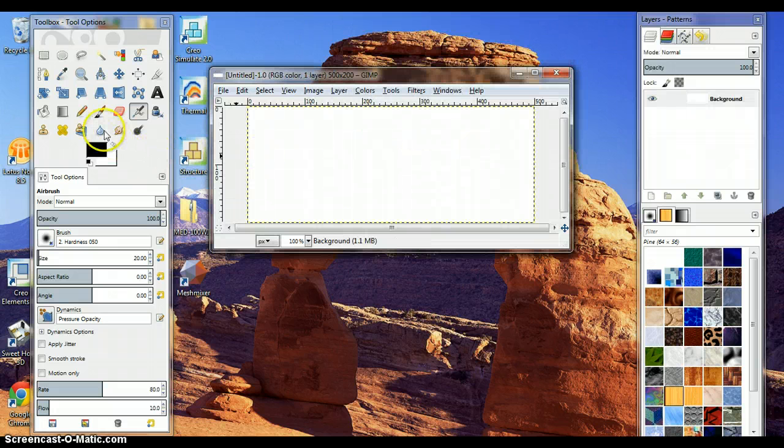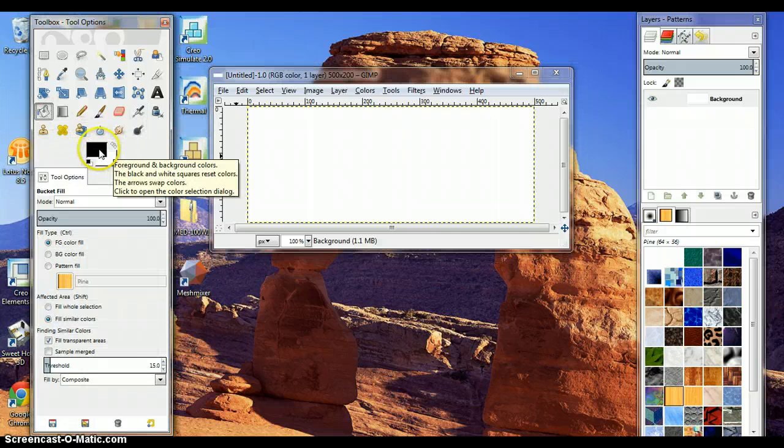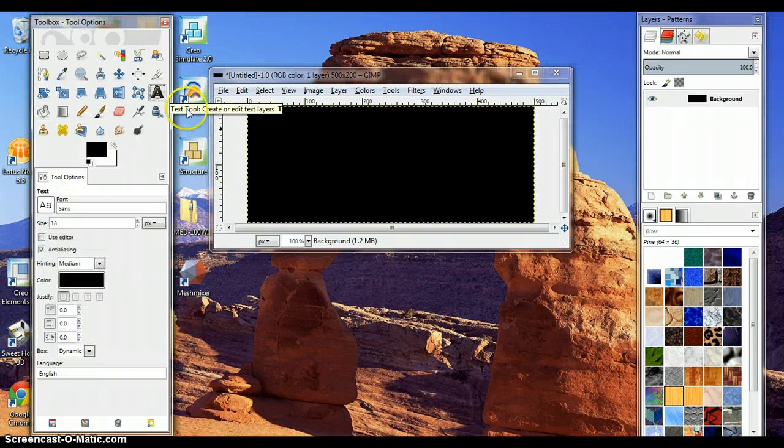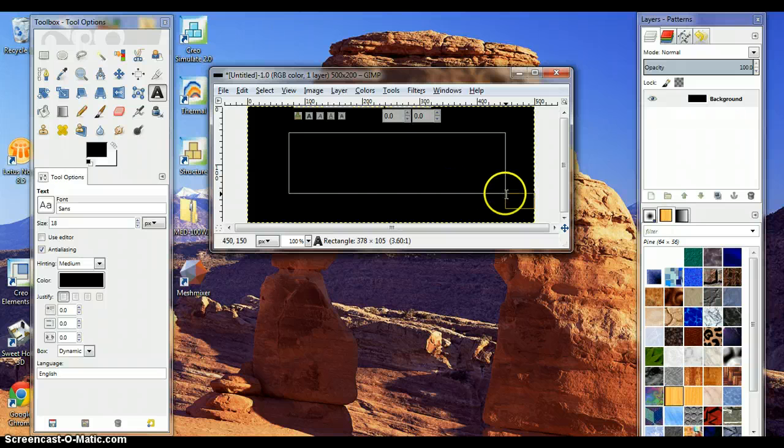We're going to hit the paint bucket, and we're going to leave it black here. We're going to click in there and make that black. Then we're going to click on the text tool, which is the big letter A, and I'm going to click and drag something like that,